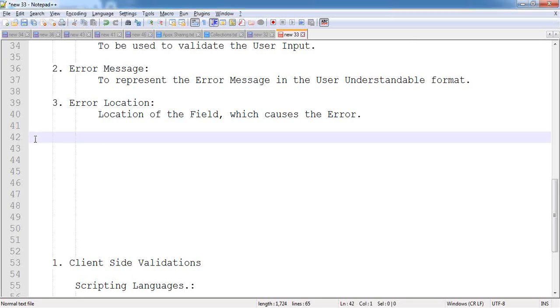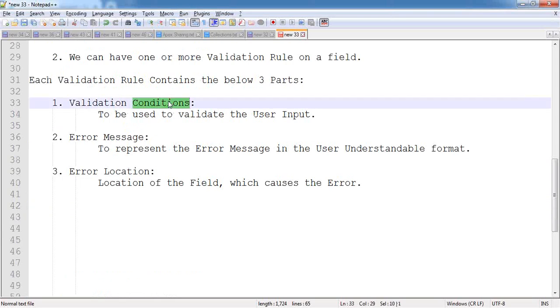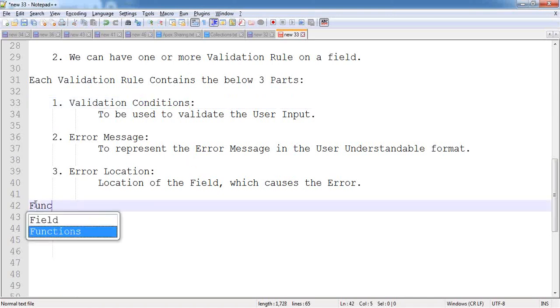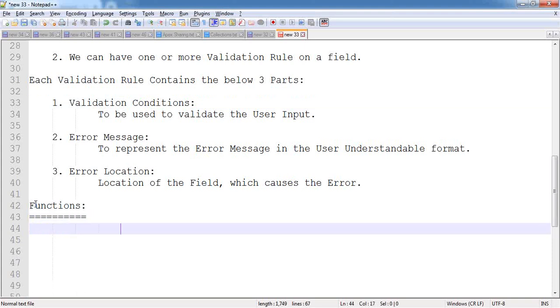So now, whenever I'm going to be preparing the validation rules, we have to prepare the validation condition first, which will be validating the data. For that, Salesforce has given so many ready-made functions to you. We'll see what functions have been given by Salesforce. We'll take up each and every function, and then we'll see practical examples also. Okay? Now,